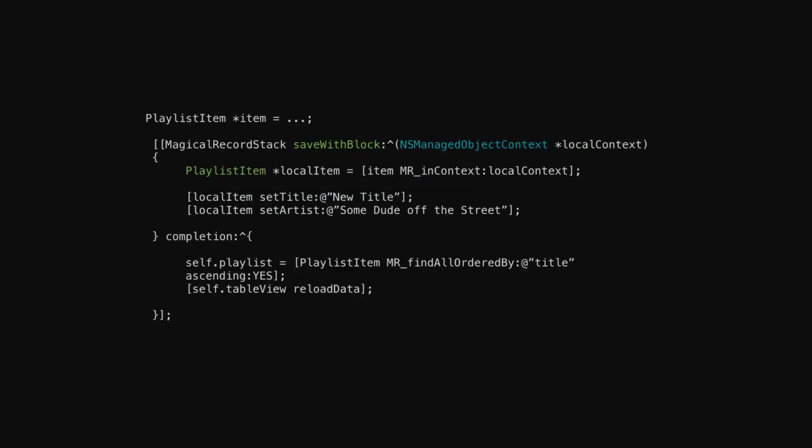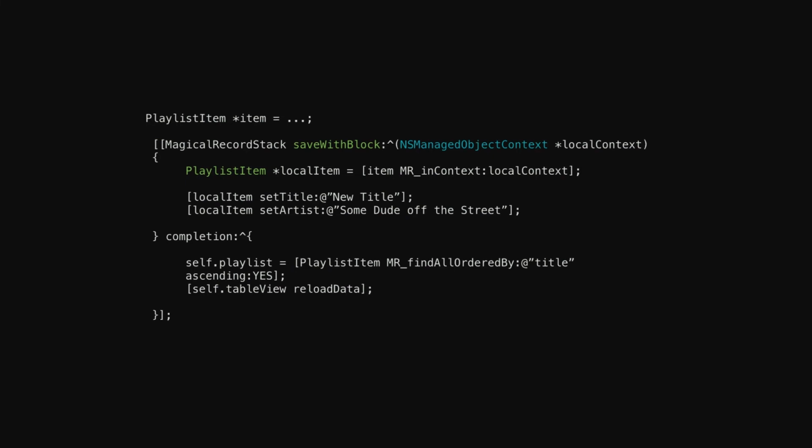One of the other things that's really awesome in MagicalRecord that I really like is the background saving helpers. It turns out that threading is hard in general, but people seem to complain about threading in Core Data, forgetting how hard it is in general. But Core Data supports threading fairly well. You just have to set it up properly, and that setup is pretty boilerplate.